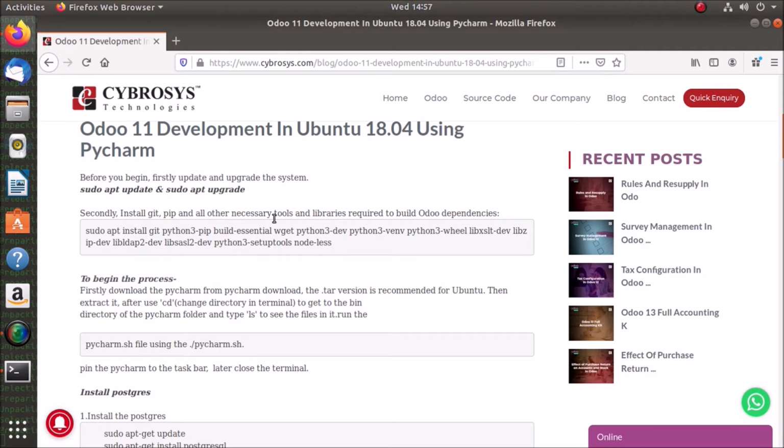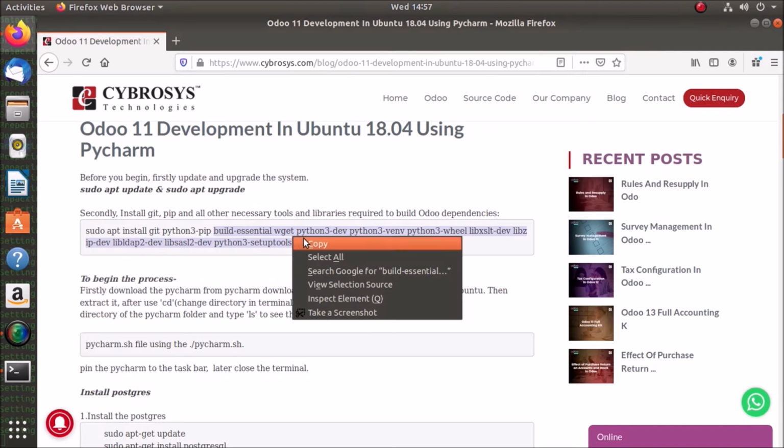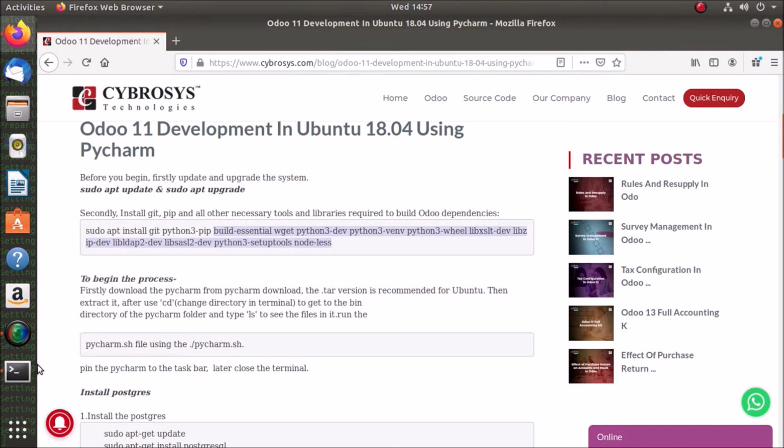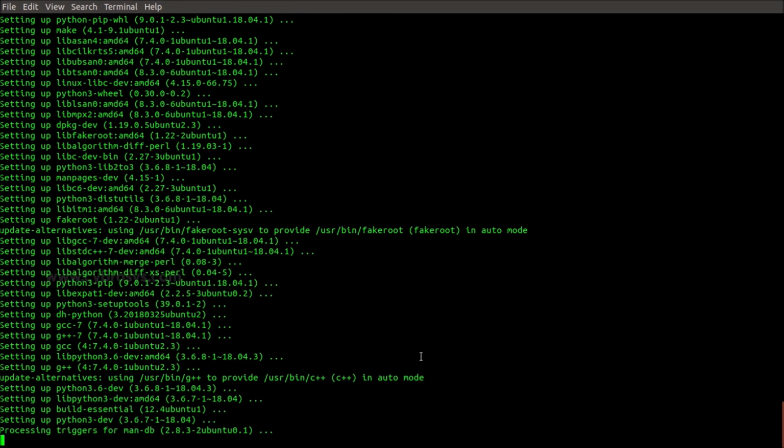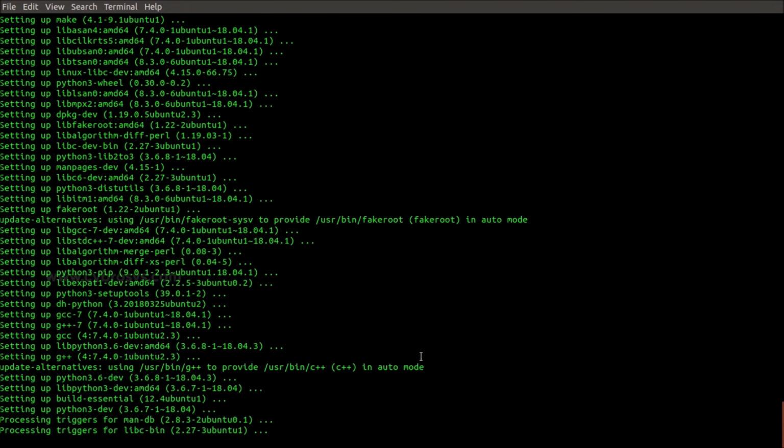So let's move here and copy all the other things. Just right-click, copy, and come back here. Once this is completed, we will paste that command here, so all things will be automatically installed. So processing triggers, I hope it will complete soon. Yep, it's done. So I'm just typing sudo apt-get install